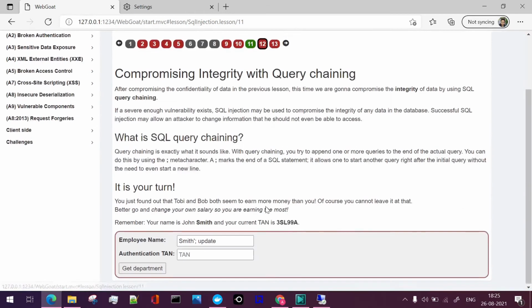For that, we'll be using SQL query chaining. I'll write update, and then the table name, which is employees. Then set salary, and we'll change the salary.